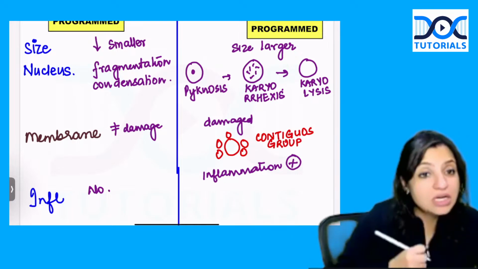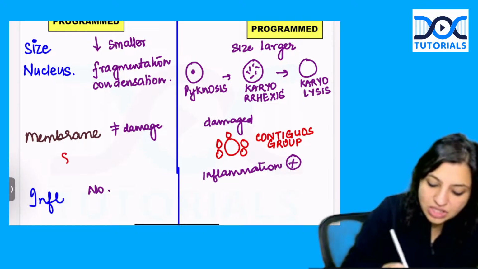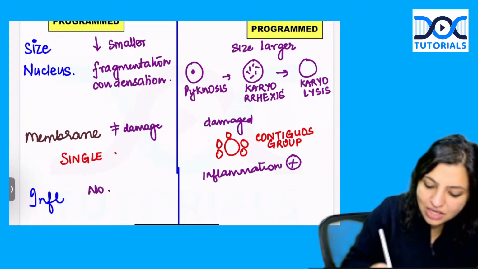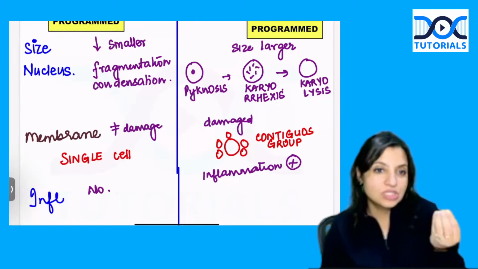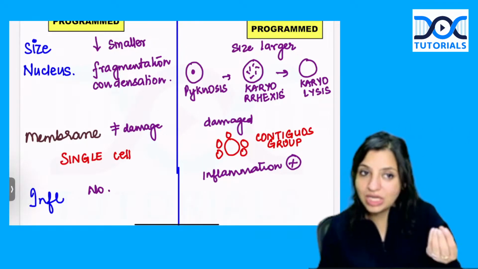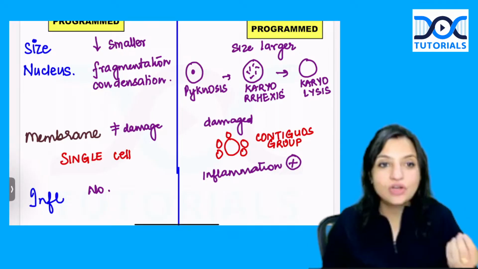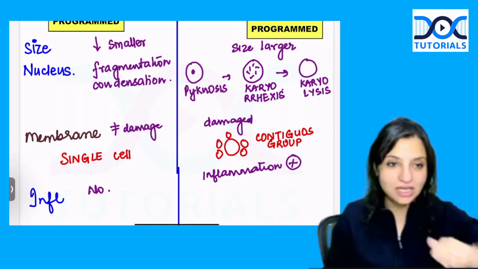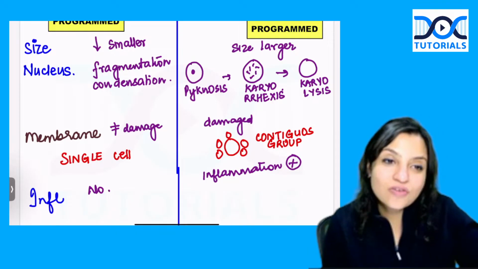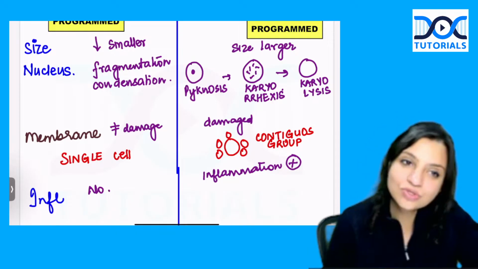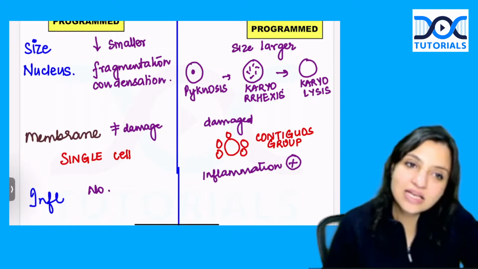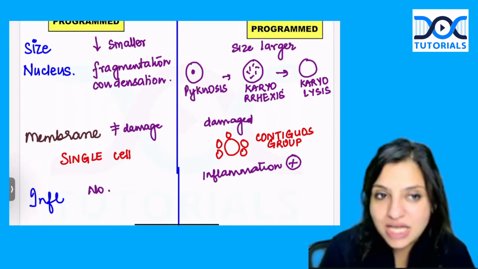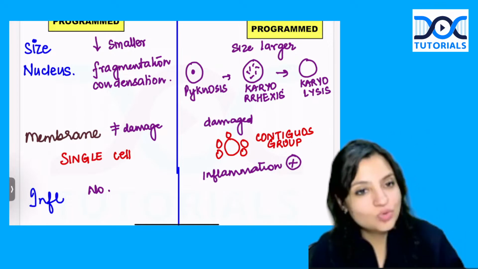So this is in contrast to apoptosis, which was a suicide, which was done by just one cell. Okay. So today, if somebody decides to do suicide, he will only do suicide. He will not call his friends and say, hello, everyone, come today, we all will do suicide. He doesn't do it like that, okay? So it's always a single cell who plans to do suicide. Whereas in necrosis, usually a group of cells undergo necrosis, okay?